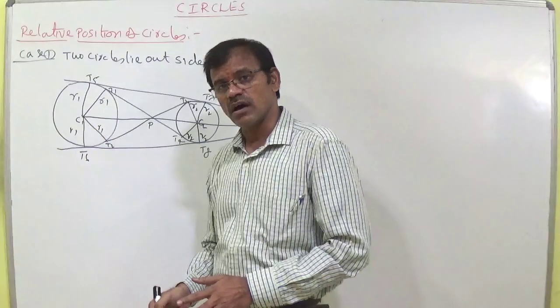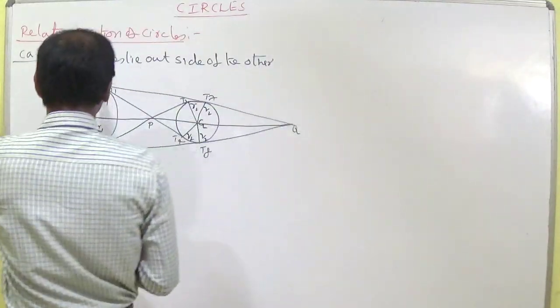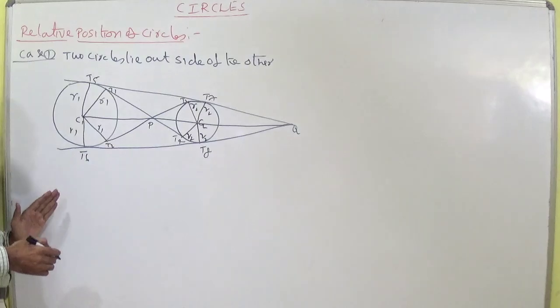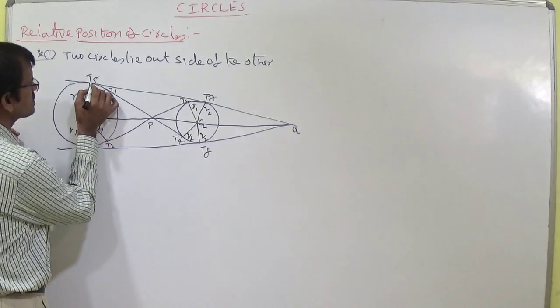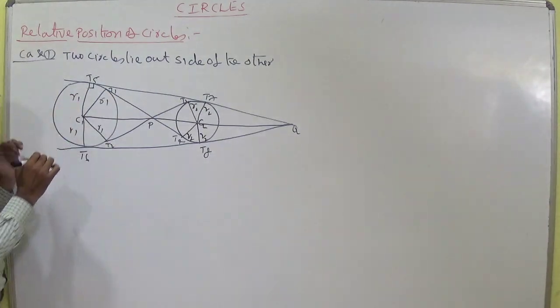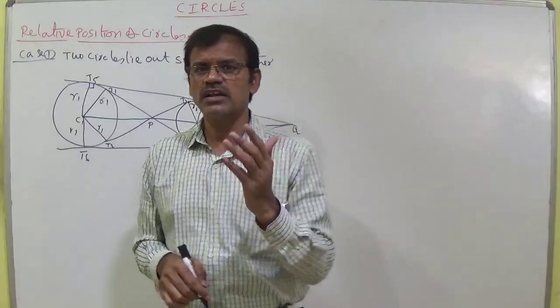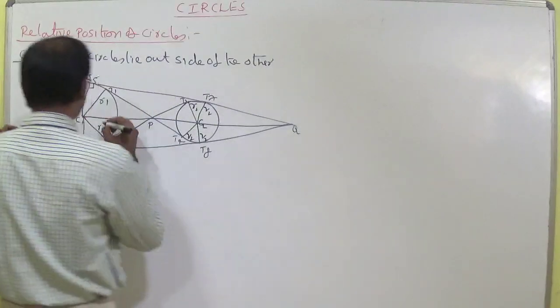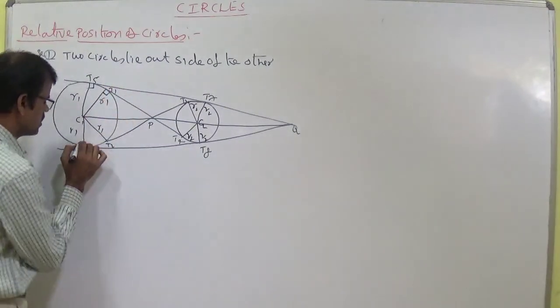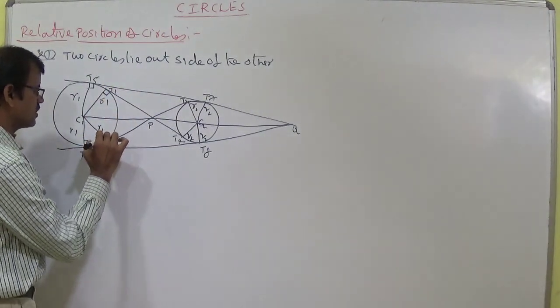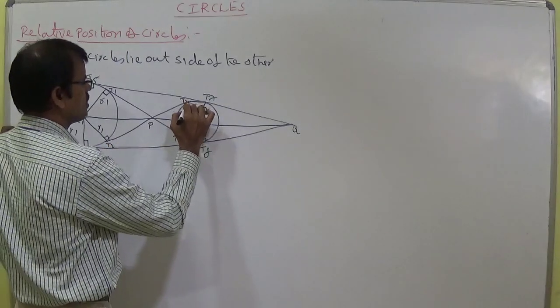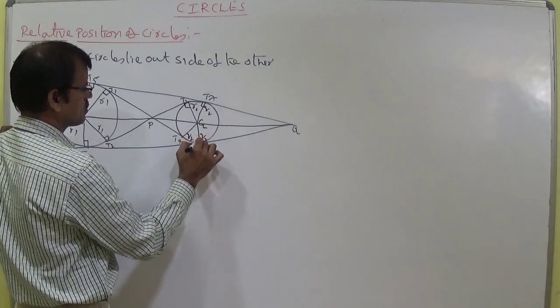C1T5 is R1. So where the radius extends, it becomes the diameter. The diameter divides the circle into 2 equal parts. The parts are said to be semicircles. Angle in semicircle is 90 degrees. Like that you put here also 90 degrees, here also 90 degrees, here also 90 degrees. In the same way here, you can put.